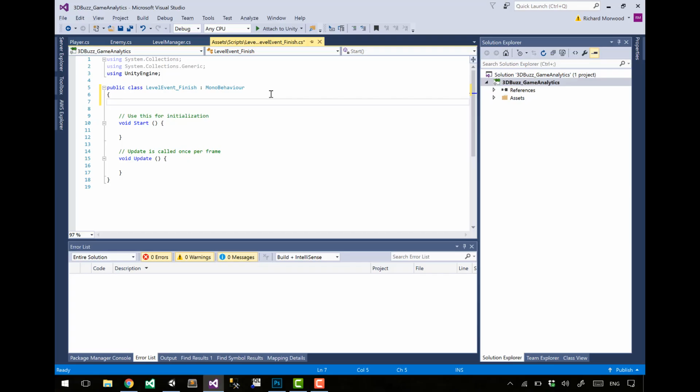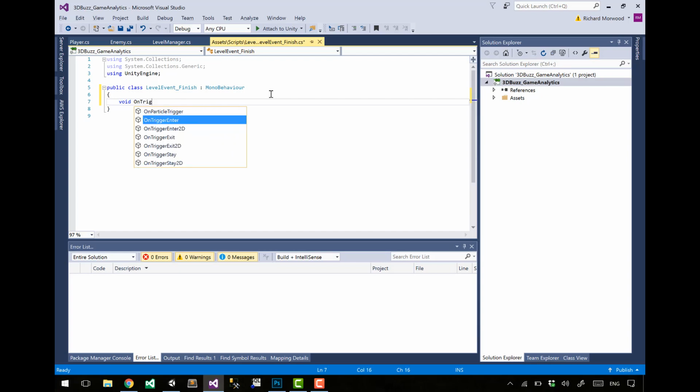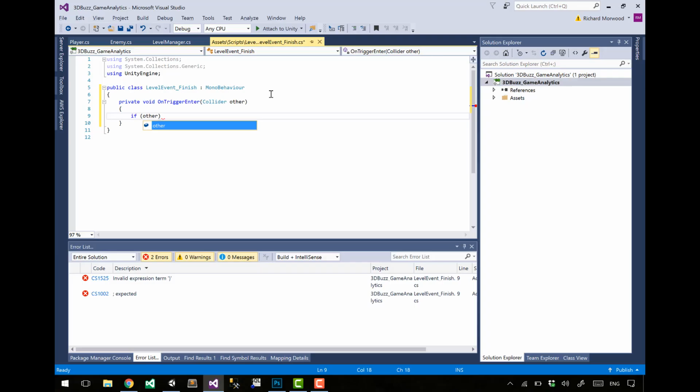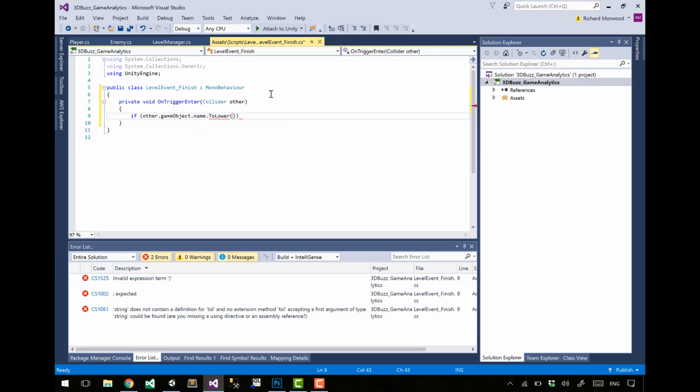Rightio, what do we need in this one? We just need to know that if you have collided with it, then that's it. That will change the state. So we don't need any of this stuff. We'll get rid of all that and go void on trigger enter. Now we can say if other, which is the collider, if the game object's name to lower